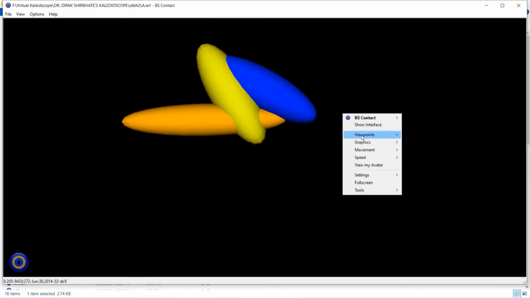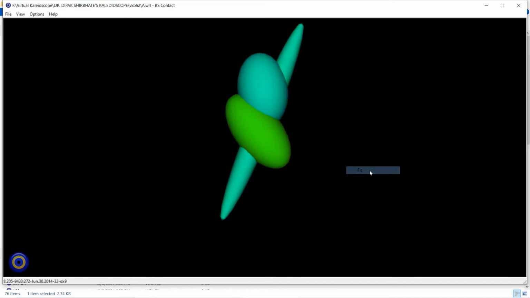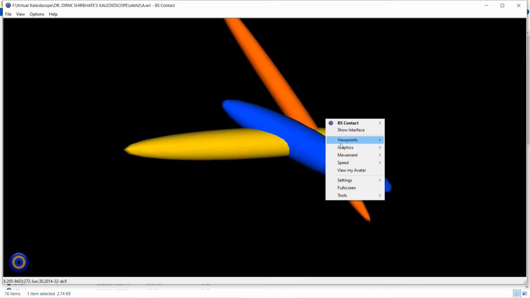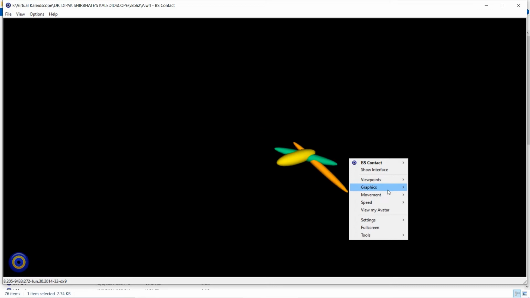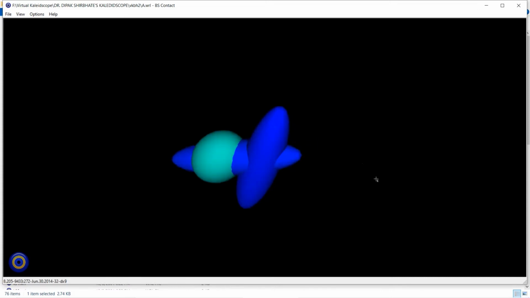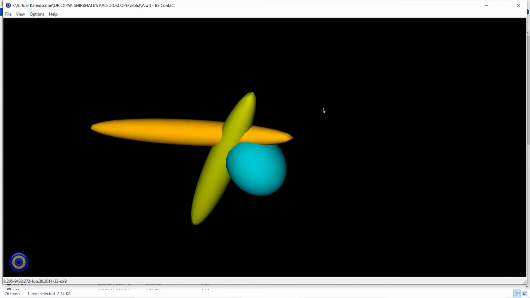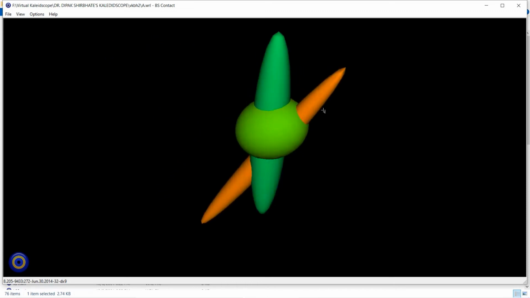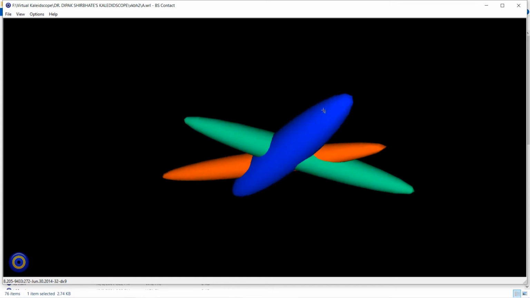This is the A file actually. This is the A file which will be inserted into different permutation combinations having different mirrors. This is the original A file, and then you will get the mirror image of this when you insert this file into Kaleidoscope. So these are the objects,